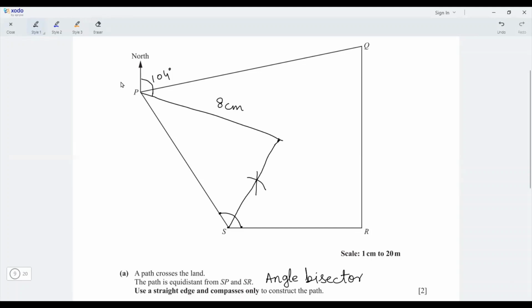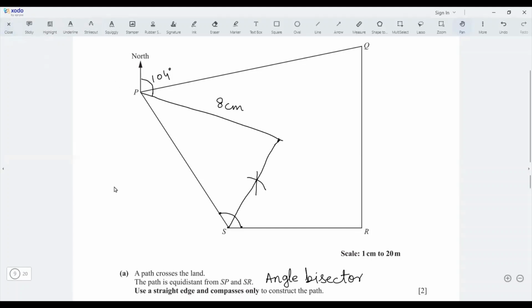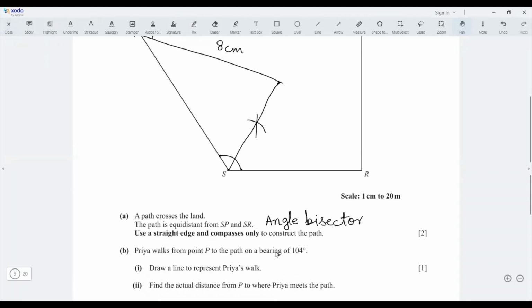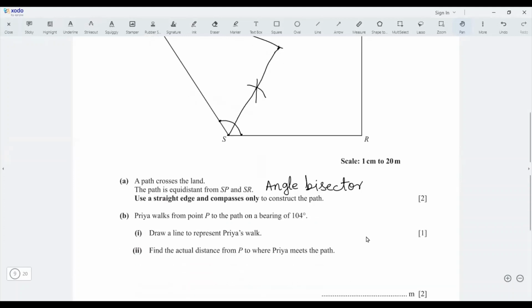We need the actual distance, not the map's distance, from P to that point. So it is measured as 8 times 20, because 1 centimeter represents 20 meters. So 8 centimeters multiplied by 20 gives you